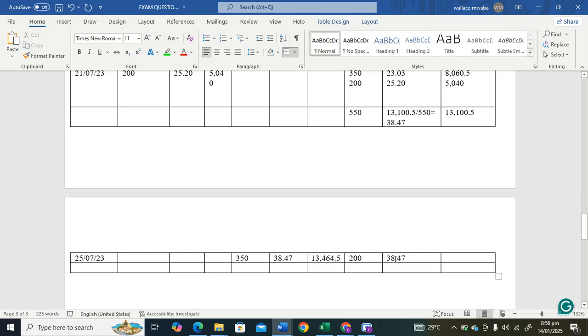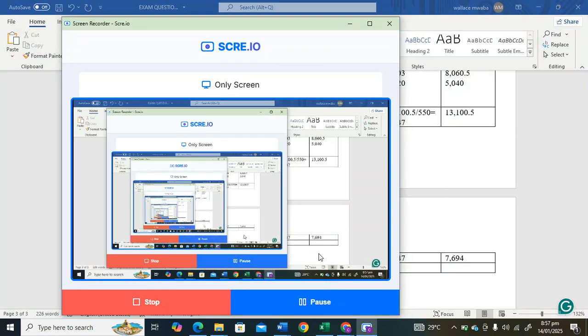So 200 times 23.82 kwacha. So this is the value of our closing inventory under AVCO. So you're going to see with these three methods,